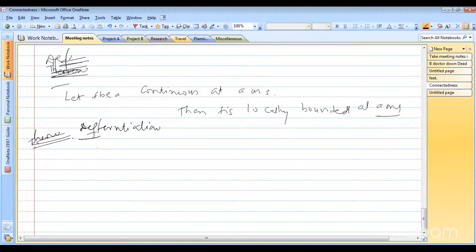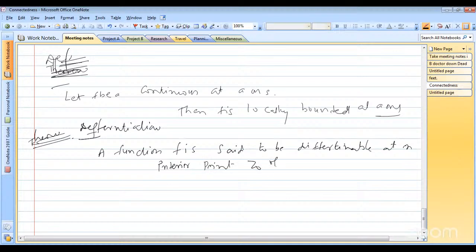A function is said to be differentiable at an interior point Z0 of its domain if the limit as Z tends to Z0 of (f(Z) minus f(Z0)) by (Z minus Z0)